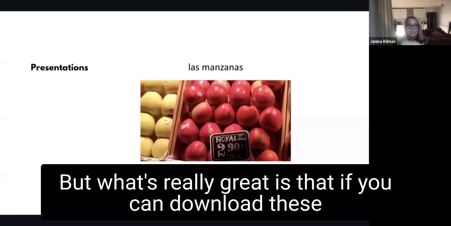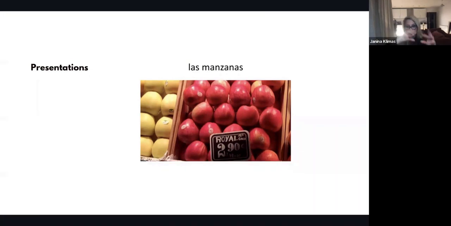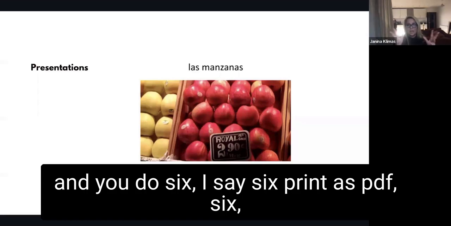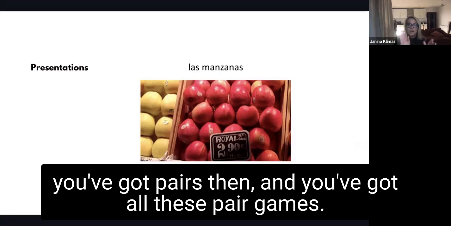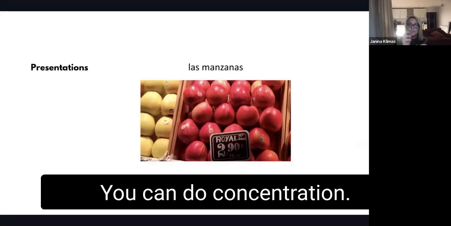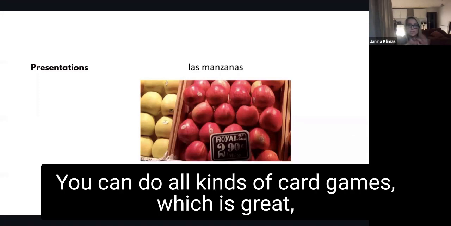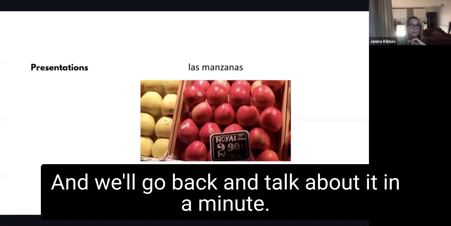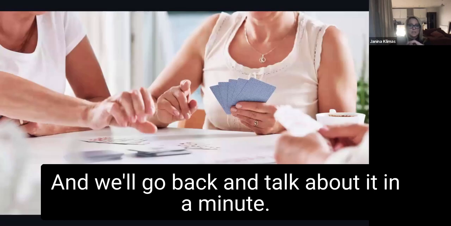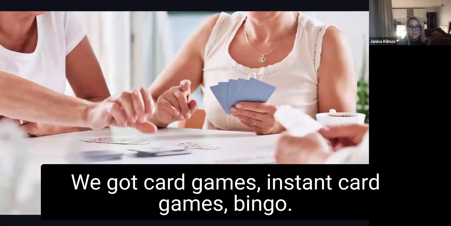But what's really great is that if you can download these and you do 6, I say 6, print as PDF 6, you've got pairs then, and you've got all these pair games. So you can do Go Fish, you can do concentration, you can do all kinds of card games, which is great. And you can use this for a few more things, and we'll go back and talk about it in a minute. So there we go. We got card games, instant card games,